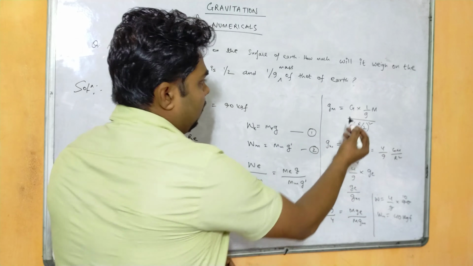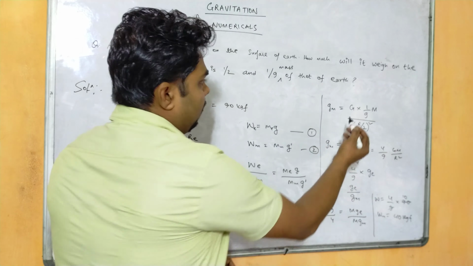So the next question we have: a body weighs 81 Newton on the surface of Earth. How much will it weigh when taken to a height equal to half of the radius of Earth? Okay, so the weight on Earth is given as 81 Newton, and we know the relation between acceleration due to gravity and capital G, that is given by small g equals GM by r square. Right, now you see, this was the surface of Earth and this was the object.